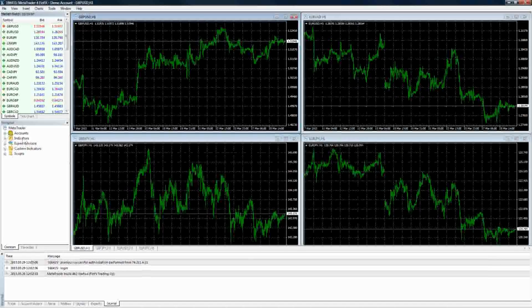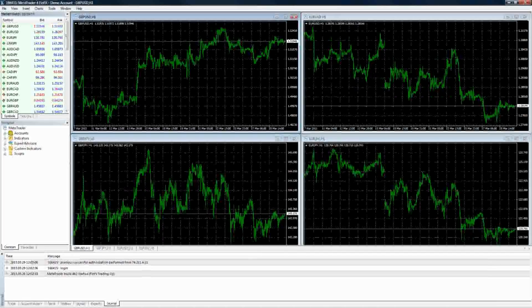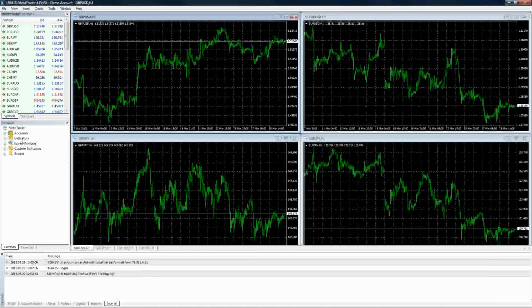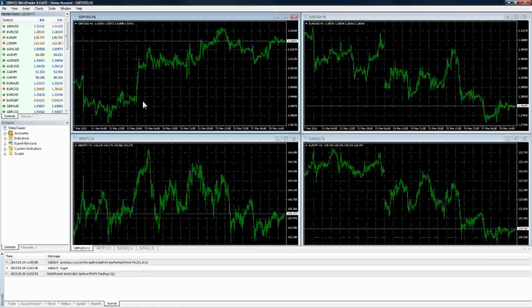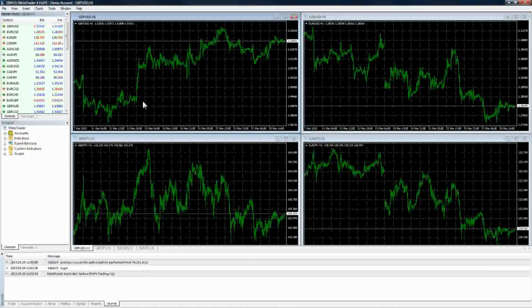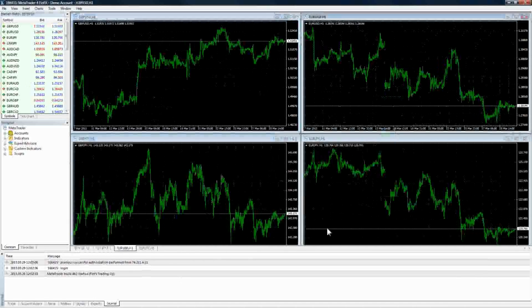So once again, familiarize yourself with how to get in and out of setting things up. We talked a little bit about how we can customize the charts in the last module. I'm not a big fan of grids. It's the first thing that I always just get rid of. I like the clean look on charts. Some people prefer to have as many possible things covering their charts, just so that they can see 5 or 6 different indicators. There's nothing wrong with that. You find what works for you, and that's the nice thing about MetaTrader 4: customization is definitely there.